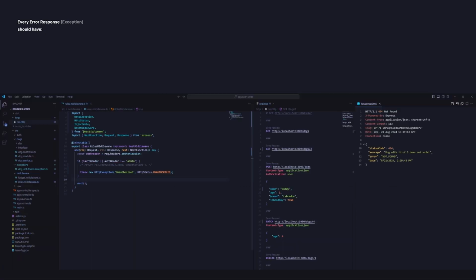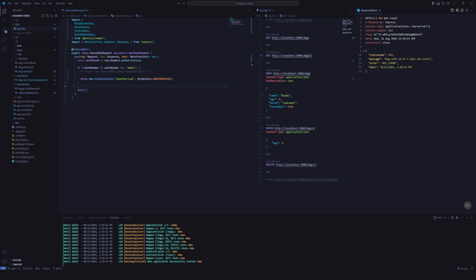Let's create some rules. Every error response in our app should have a status code, for example 404, a user-friendly message, a code name like not found, and a timestamp. To create these rules, we use exception filters. Let's create our exception filter. In the source folder, create a new folder called filter. This folder will have a